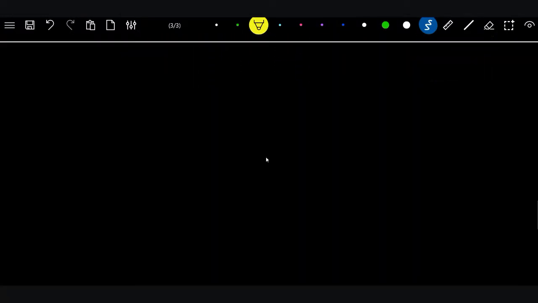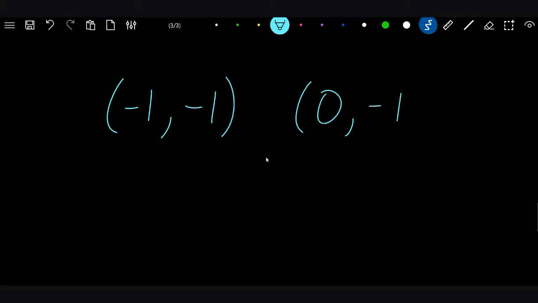Okay, so let's say that I have -1, -1. That's my first coordinate point. My second coordinate point is 0, comma, -1. So let's talk about that. So look what we have. We have different inputs, but we have the same output. Well, that's fine. That's not a big deal. But watch what happens if I do this. Same input,